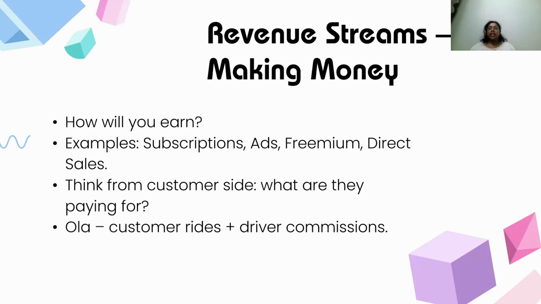Okay? Like take Zomato. Zomato earns through restaurants. They earn through customers buying food from there. They also earn from a review mechanism. They give reviews for different restaurants, and for the review, the restaurant also pays. Not just for connecting to customers, but also through the review of restaurants. है ना? So these are revenue streams. What are the different ways that you think about to earn more revenue?